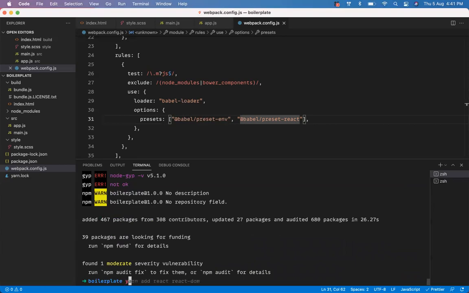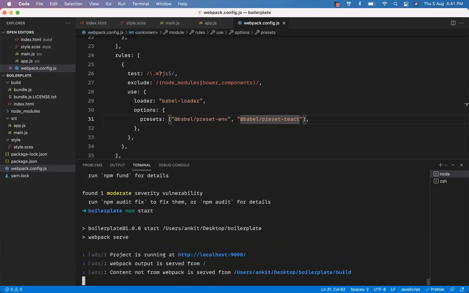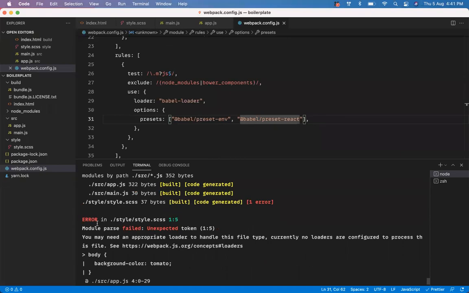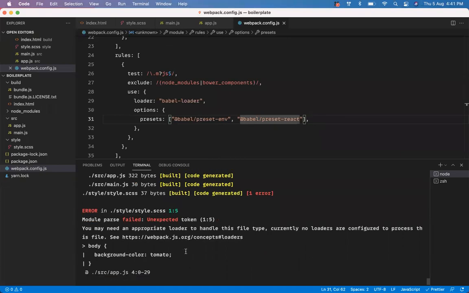Okay, now let's say. Okay, it is running the server. Okay, it is again throwing an error. It is saying error in style.css. What is that?